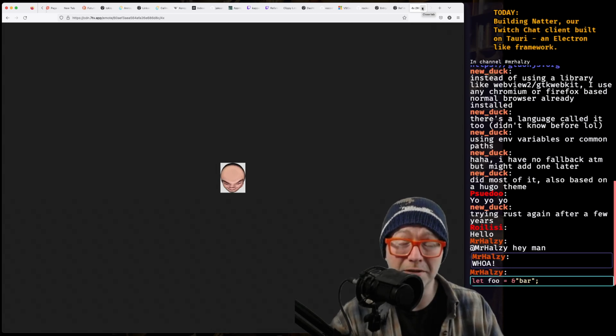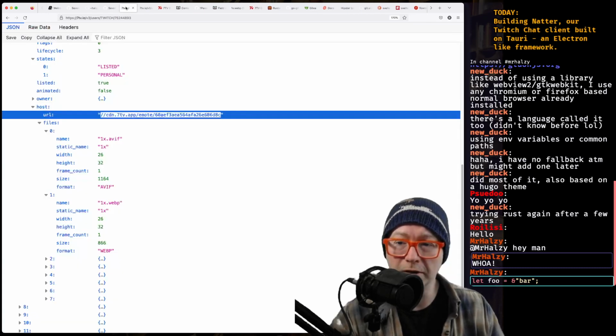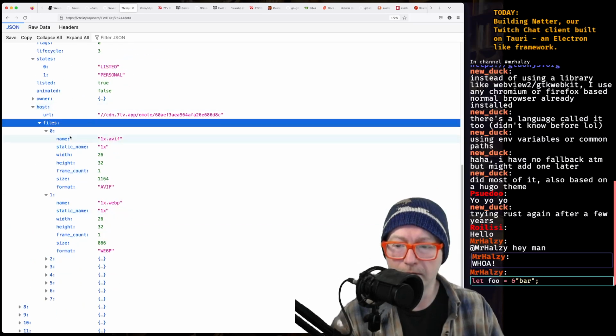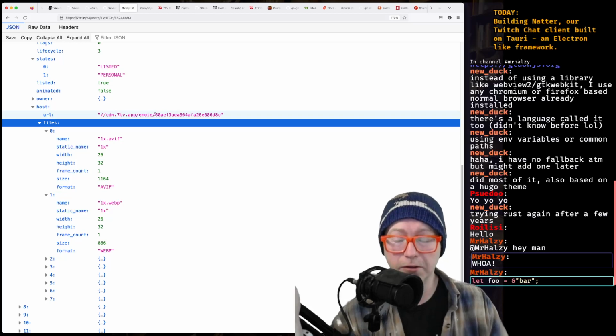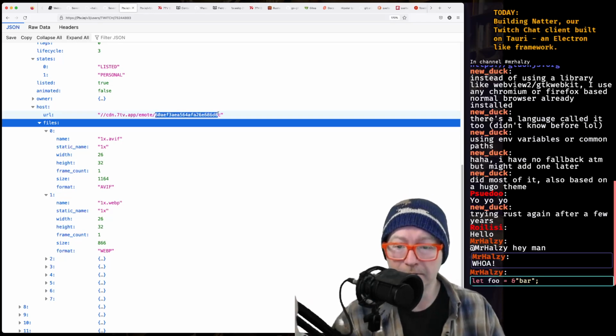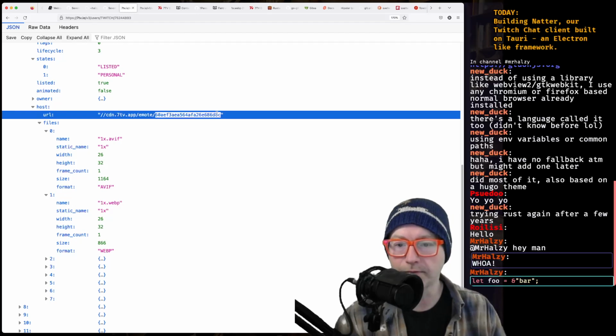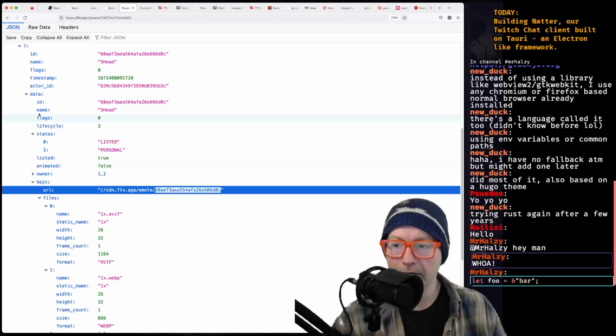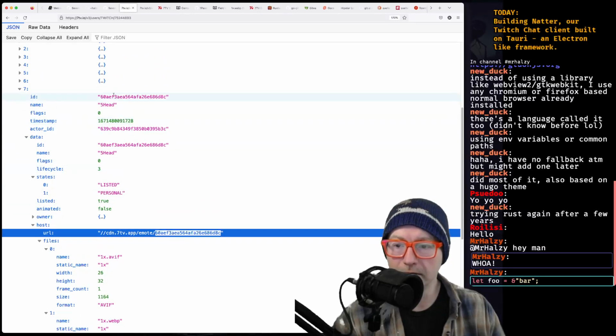That is very simple. It's really, really simple. So simple I couldn't see it. Oh, it's just the URL / static name. Wow. We do have the emote ID here. So we could make this easier. So we'll have the ID.